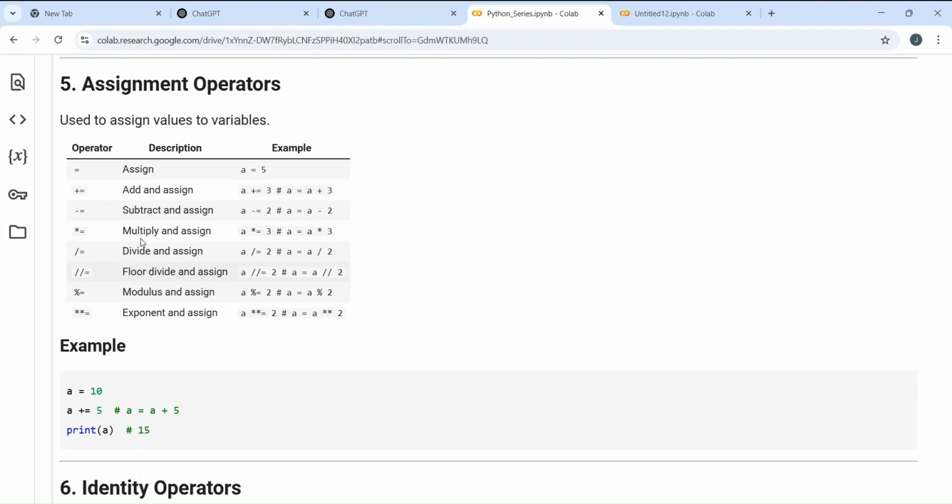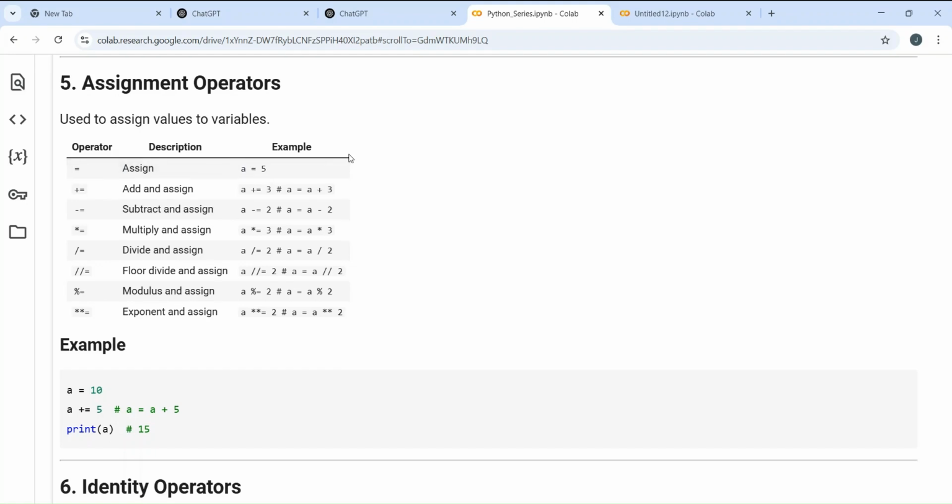And I have discussed the equal to symbol earlier also. If you are giving double equal to, that time it will compare two values. If you are giving only one single equal to, that time it will assign value. It will assign a equal to 5. It will not compare whether a is equal to 5 or not. If you are giving one more equal to symbol, that time it will compare a equal to 5.